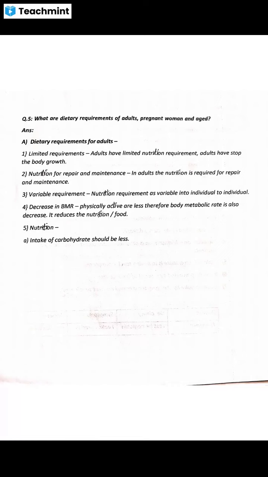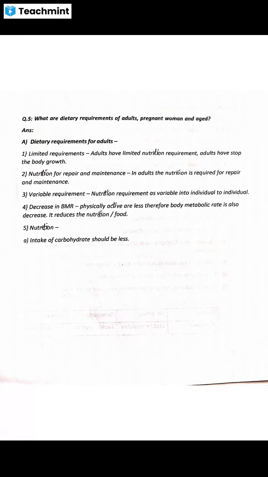Means for the pregnant woman the pyramid is different. For the nursing mother the pyramid is different. Okay, so there are different food pyramids like a food pyramid for the adolescents, for the adult, then children, and a food pyramid for the aged. Okay. Now the next question number